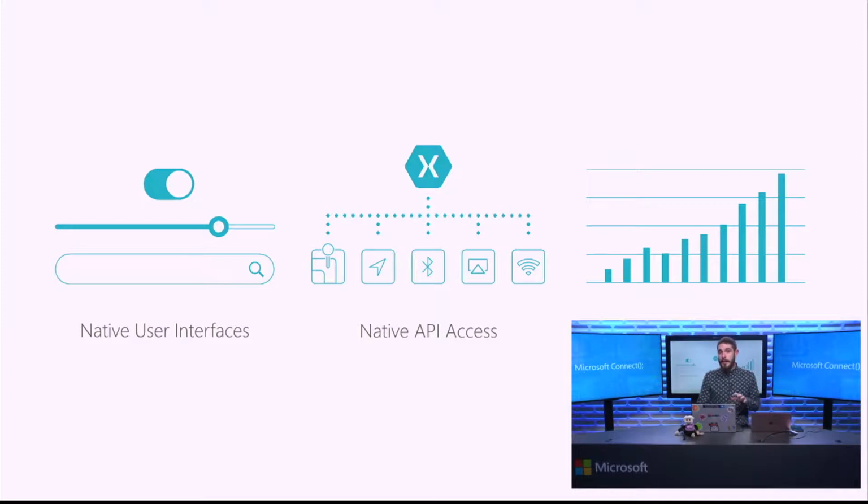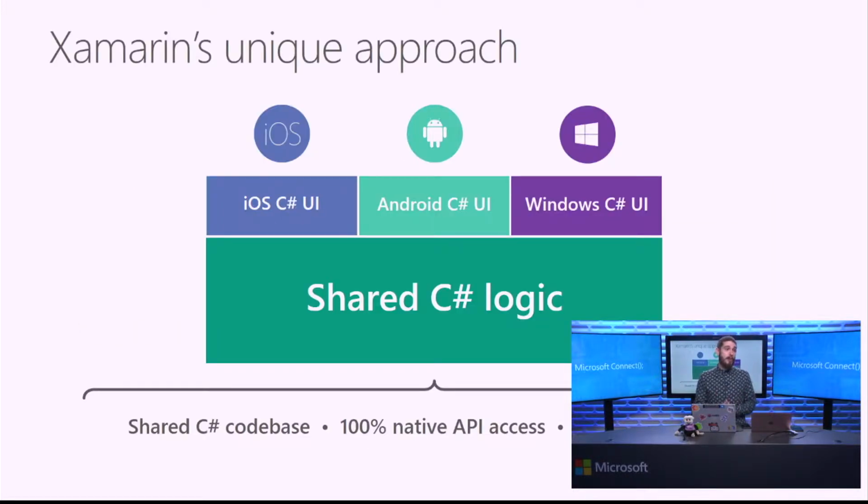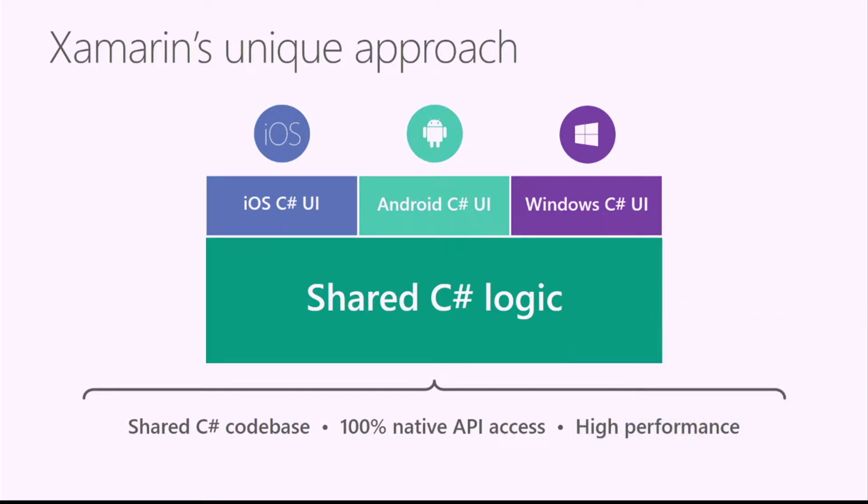So I'll give you a quick rundown of exactly how Xamarin works and our unique approach. What we do is give you the ability to build out a shared C# business logic layer for your applications. So it's all your business logic, so models, view models, RESTful service calls, Azure integrations, things that are the same, just C# .NET code. Then you have access to 100% of the APIs in C# and can build out and craft native user interfaces